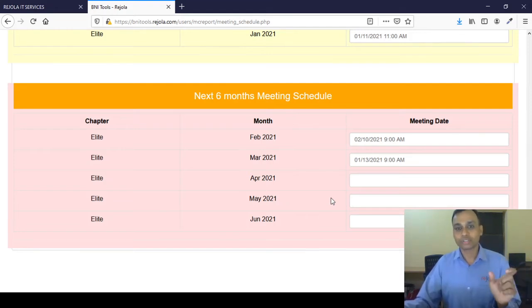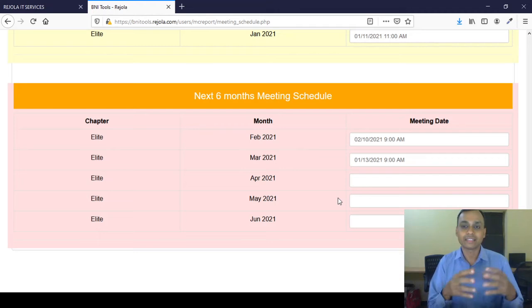And the link also will come where they can just click and they can start updating the report before the meeting starts. So basically the idea is that the membership committee members should come prepared, or they should update the details much ahead of the actual meeting. So that's the basic concept.